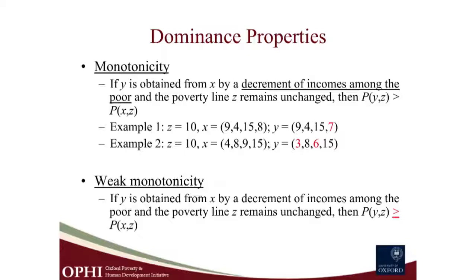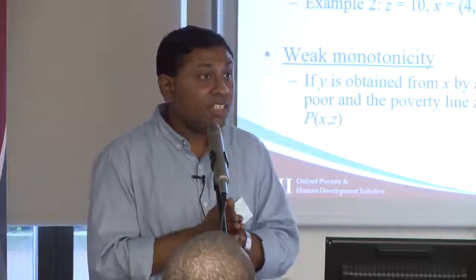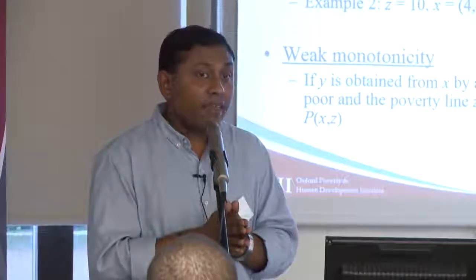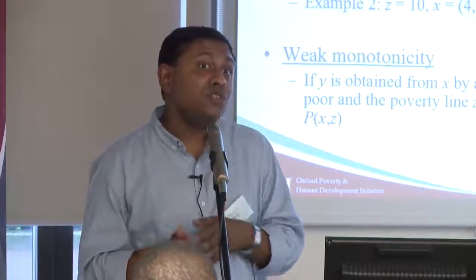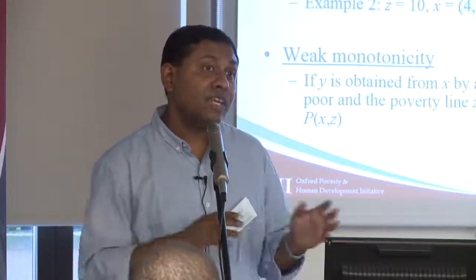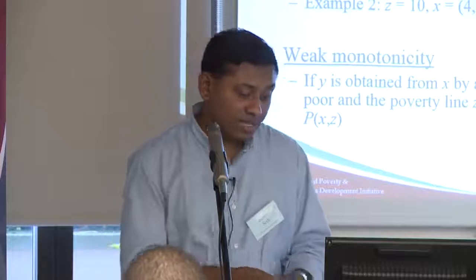Great. So like monotonicity, in these dominance properties, you will see mostly there is a strong version and then there is a weak version. The strong version says that poverty should change strictly in a certain direction, and the weak version says that poverty just should not change in the other direction. So the idea is that in this particular example,